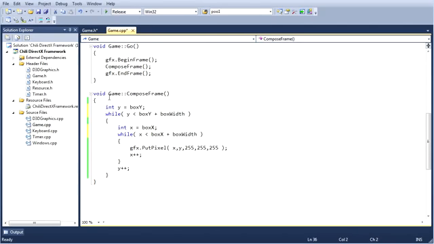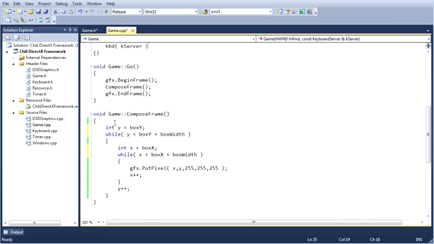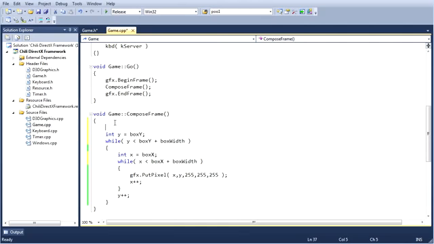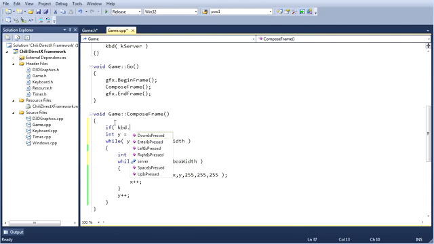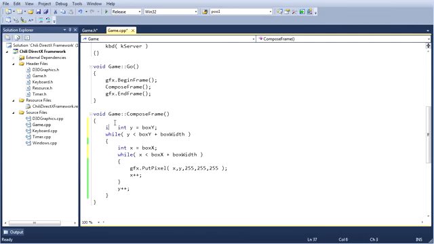And then we have to go here and initialize our box variables, and then we have to go down here and write the keyboard code. So if keyboard dot blah blah blah, and if we do all that,